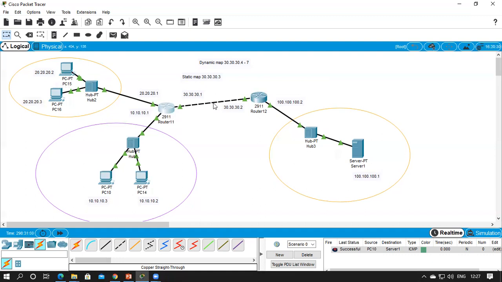So we'll consider this one. We had done a static map connection, that is one-to-one.